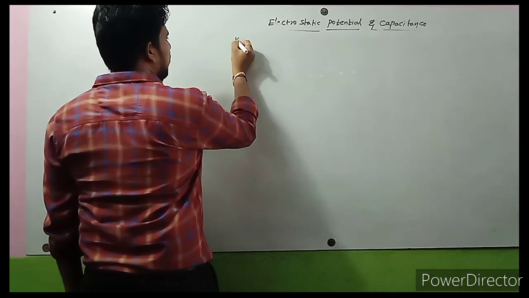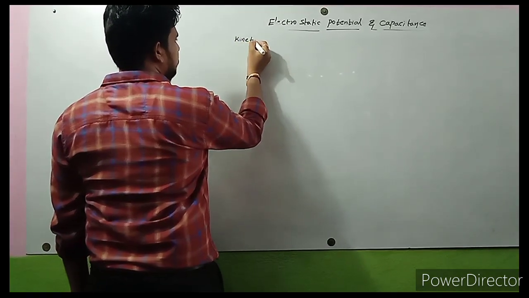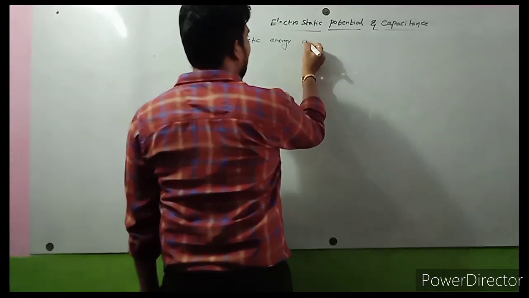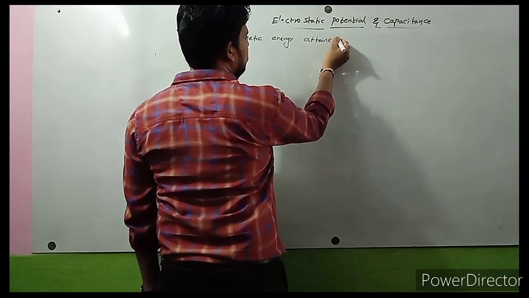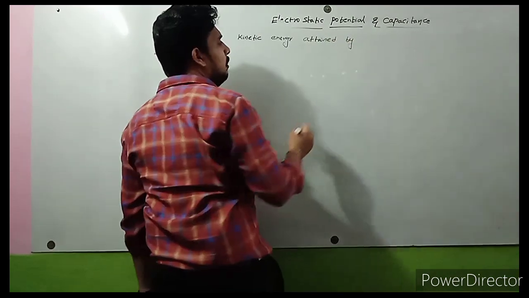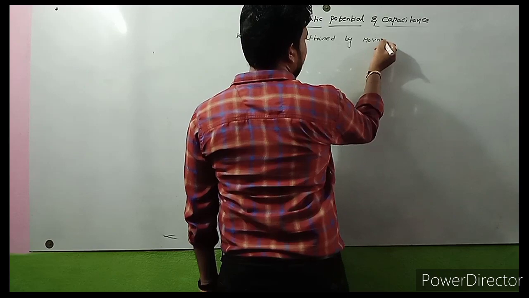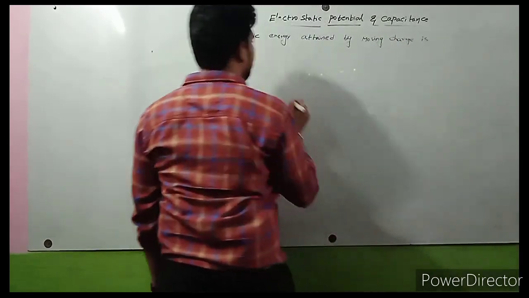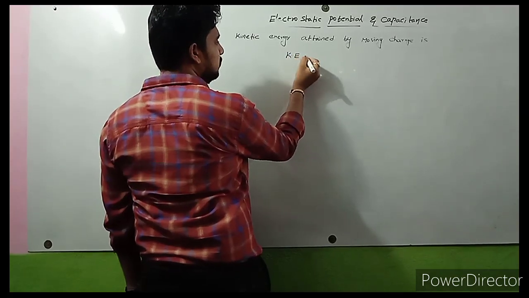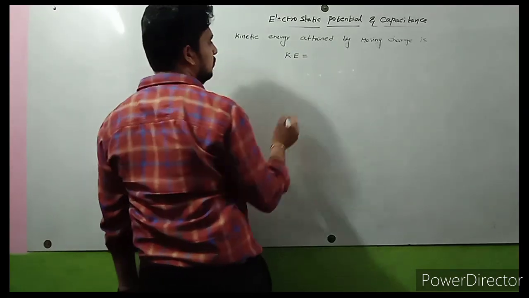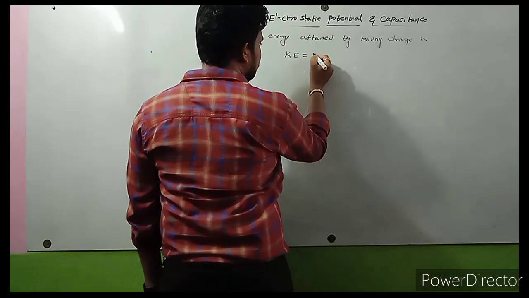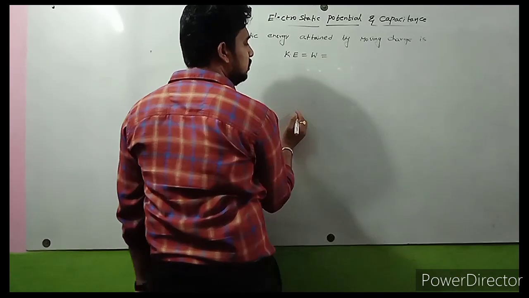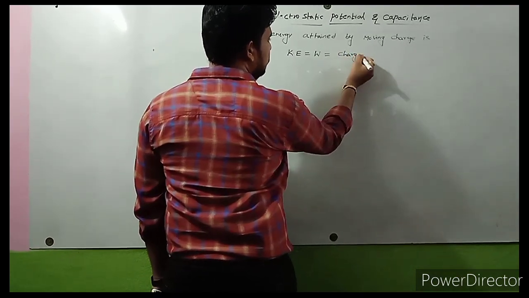Generally, the kinetic energy attained by a moving charge is stored in the form of work done. KE is equal to W is equal to the moving charge